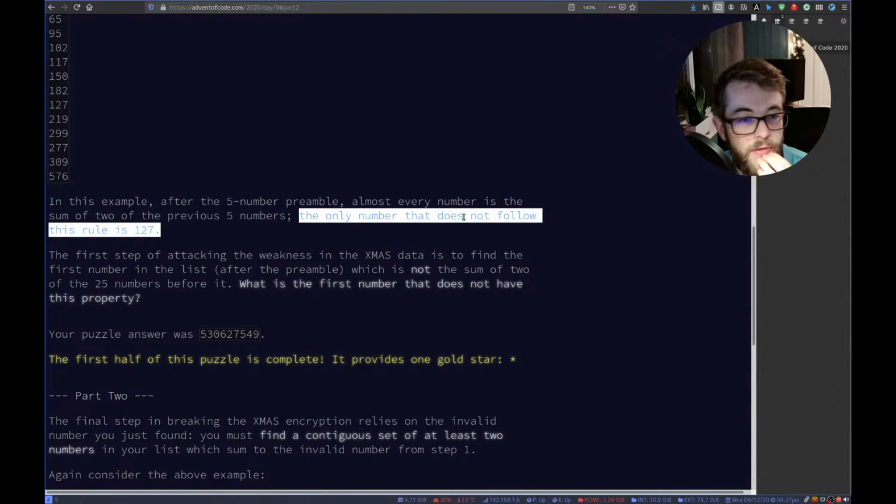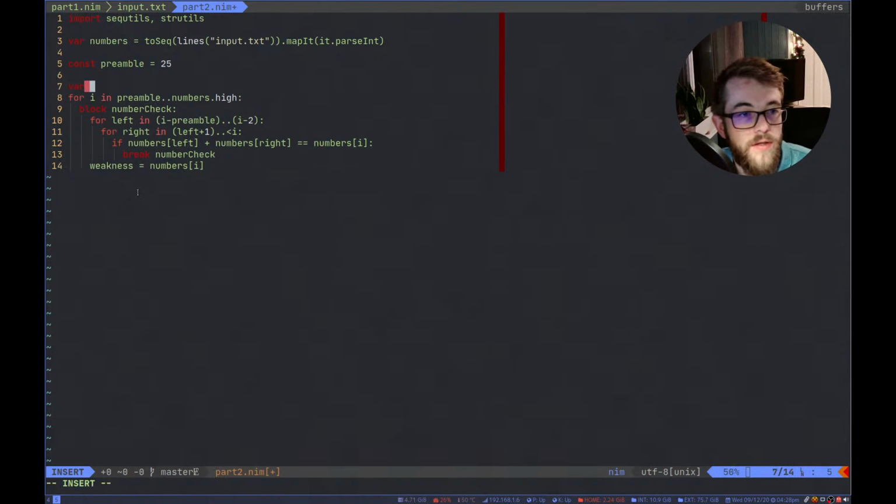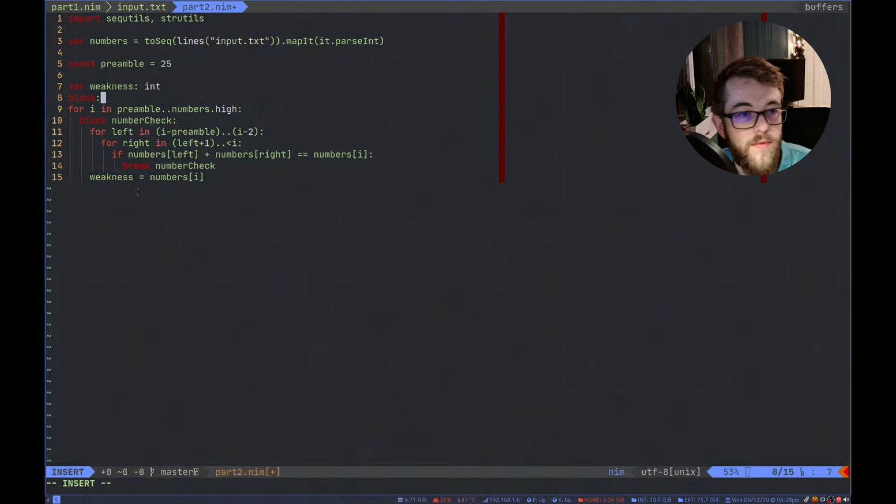Almost every number, the only number is to find the first number in the list. So it could theoretically be more than 1. But let us define our weakness as this. Weakness is just an int. Let's put this in a block as well.